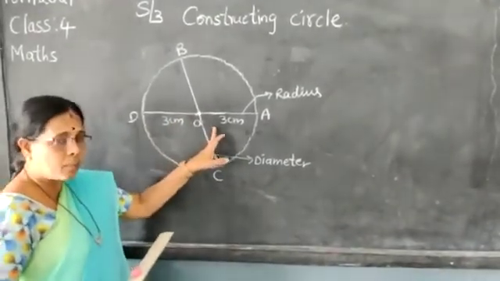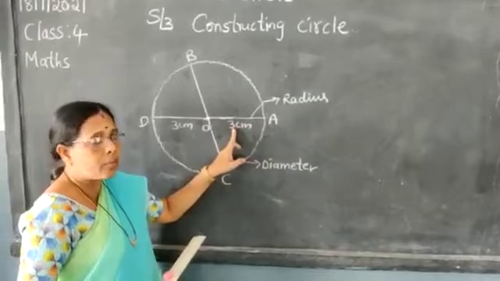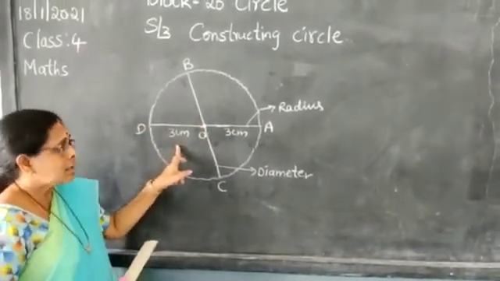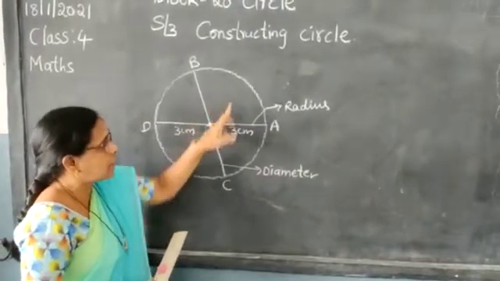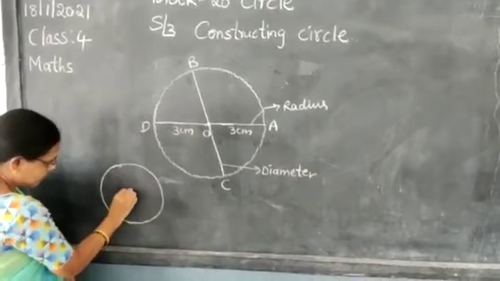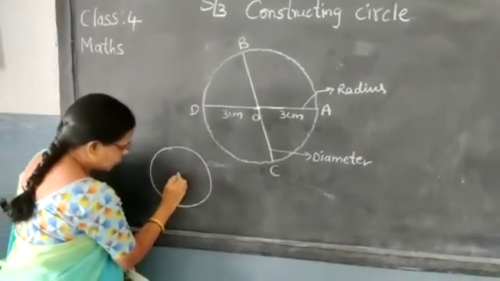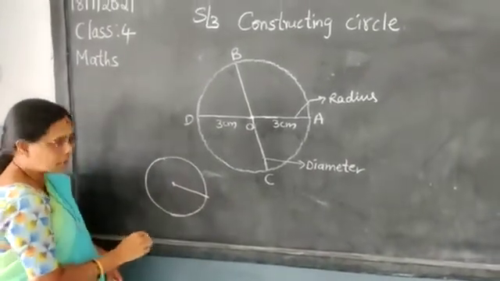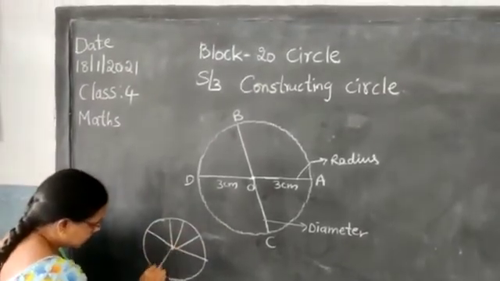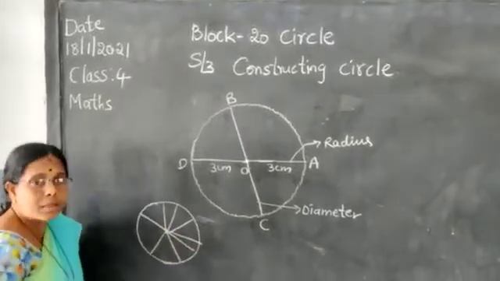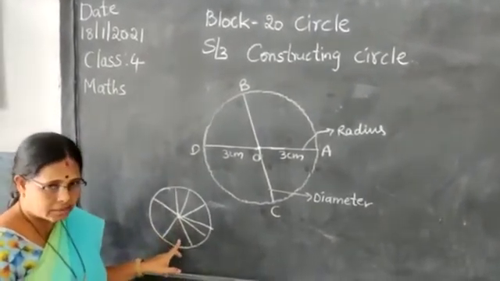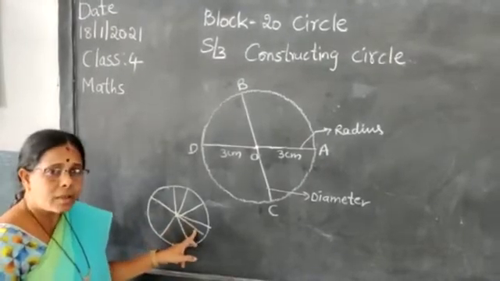Suppose I am taking an example. OA is 3 centimeter, then OD is 3 centimeter. Why? Yesterday I showed you, children, roughly, the center of the circle. If you draw a line from the center to the edge of the circle, it is called radius. If you draw any radius from the center of the circle, the length will be the same. Anywhere you draw a radius, the length will be the same.